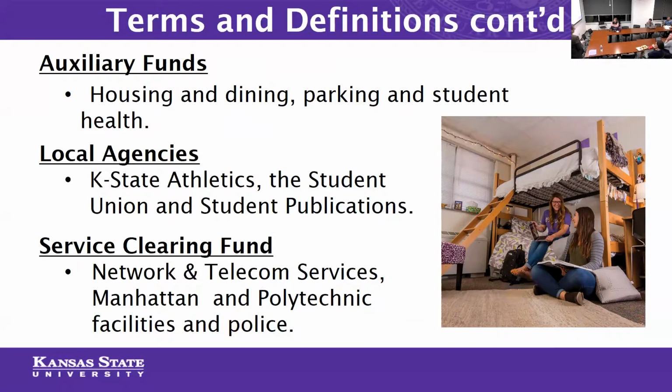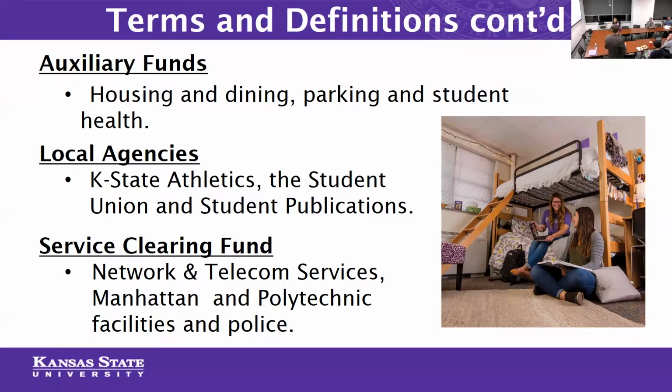So we also have auxiliary funds. Those are funds generated by those units that are self-supporting. So it's our housing and dining services, our parking and student health center. Those units are self-supporting, and the funds, we put those in a category called auxiliary. We also have our local agencies, that's athletics, student union, publications. And then our last one is our service clearing, and that's essentially where we have some units that are on our campus, but provide a service to other units of campus, and so they'll charge a fee for performing